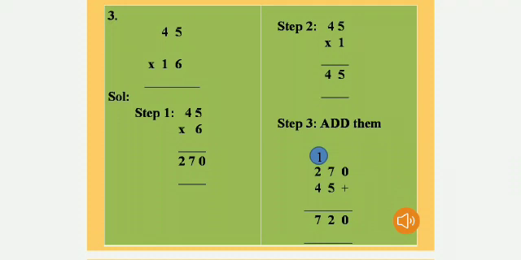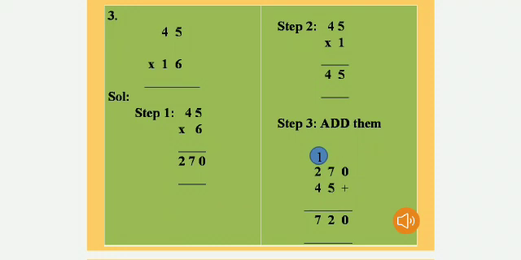Let us see the third example. Here I am explaining stepwise. I have taken a 2-digit multiplicand and a 2-digit multiplier. Let us see the product. Solution. Step 1. Here 45 is the multiplicand. I have to keep 45 as it is, and in the multiplier I have to take only the unit place number. The unit place number is 6. So I have to multiply 45 into 6. 6 5s are 30, and 3 you have to carry to the next number and 0 we have to keep down. 6 4s are 24, and the 3 you have to add, so the total is 27. It will become the answer 270.